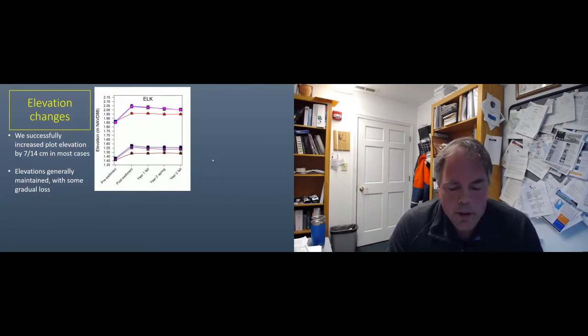So data at the top of the plot is for high marsh plots, and the data at the bottom of the plot is for the low marsh plots. The dotted lines indicate target elevations for each sediment addition. So at Elkhorn Slough, they were really successful at meeting, and I apologize, for some reason those lines are not showing up, but at Elkhorn Slough, they were really successful in meeting those target elevations and maintaining them over time